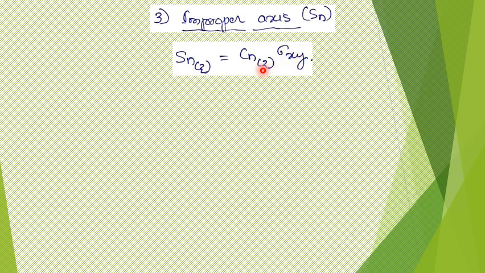If the z-axis is taken as the axis of rotation, then its perpendicular plane will be the xy plane. Therefore if I take the z-axis as rotation, then xy should be the plane on which I am performing the reflection operation. Of course it can be changed. If we take x here, then x-axis rotation, and it will be the yz plane, right? But by convention, usually the principal axis, usually the z-axis, is considered to be the improper axis of rotation. That's how this equation takes the axis to be along the z-axis.